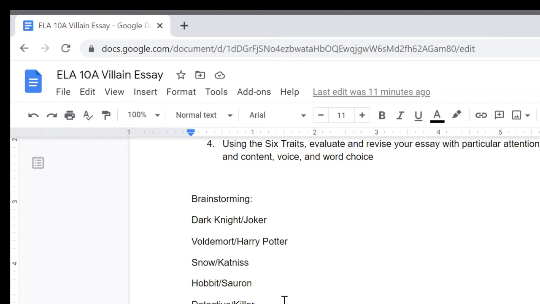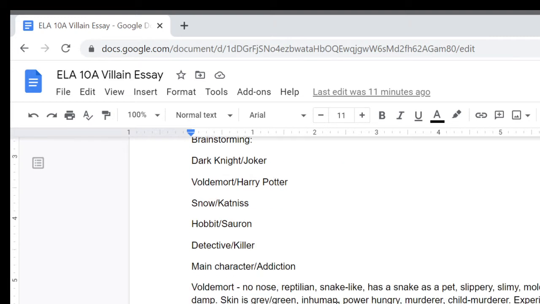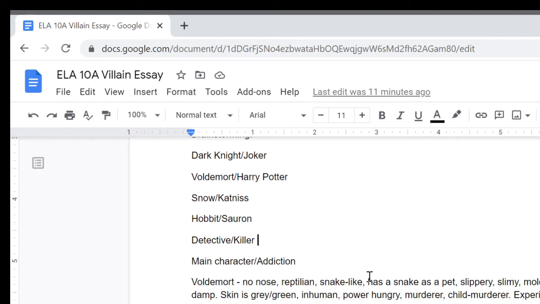CSI, Crime Scene Investigation, that's the one I'm looking for. I knew it would come to me. Main character, we could talk about a main character maybe versus an evil within them, like an addiction, so something like that. So we had started. I wanted to talk a little bit about Voldemort and Harry Potter